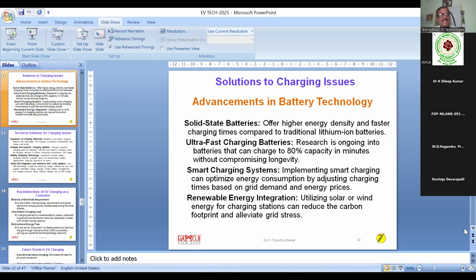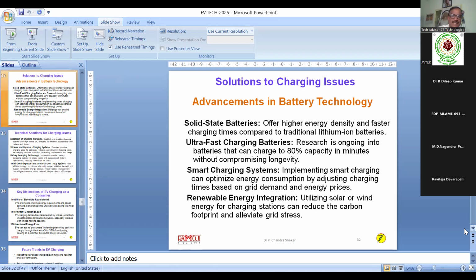The charging time depends on the current: higher current, higher time. So that's why people are going for the higher voltage and lower current. That's why I can instantly charge my batteries. Smart charging system: implementing a smart charging system can optimize energy consumption by adjusting charging time based on the grid demand